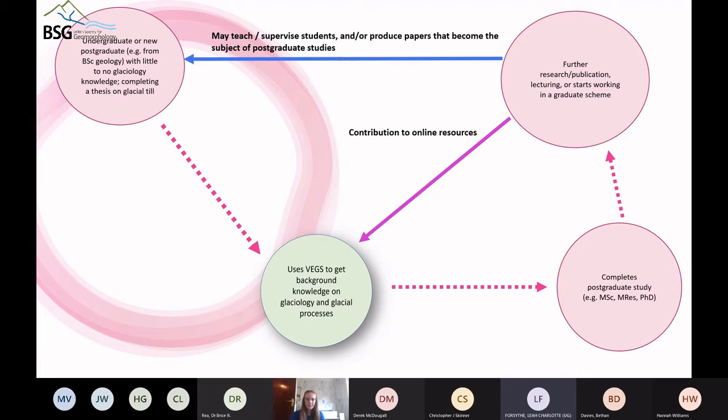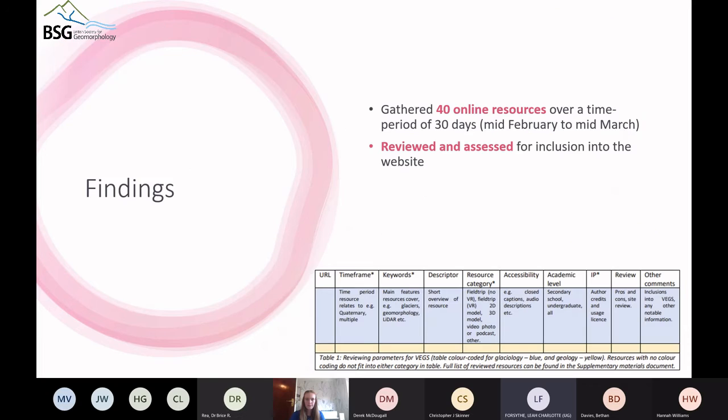So I'm just going to quickly skim through the next section so we can basically get to the insights, which are kind of my opinions as an undergraduate. So in my data gathering period over a month, I found 40 online resources. They had to be engaging to undergraduates with suitable academic level of content and with clear communication of the science behind the resource. In other words, they really needed to be designed primarily for teaching, not just illustrating and supplementing